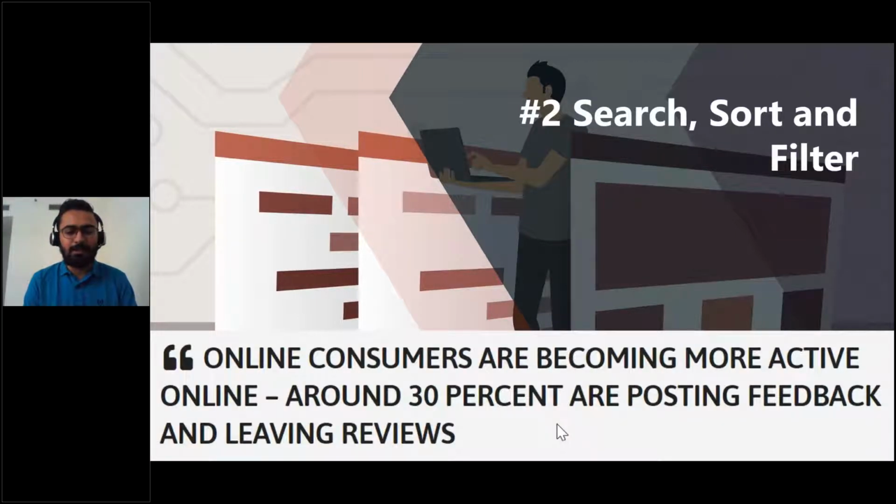Here we have some fun facts, like nowadays users are becoming more interactive. They are not just visiting and leaving the site. They are interacting more on your site. For example, if 30% of users are now providing feedback or placing reviews, those are also journeys which can be tracked, similar to the search event or sorting or filter.